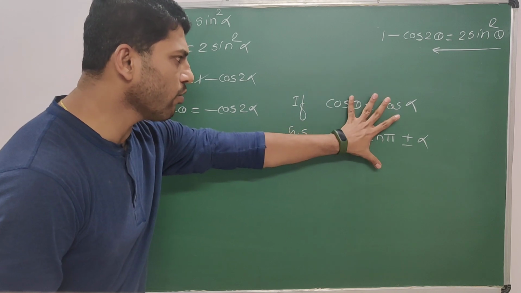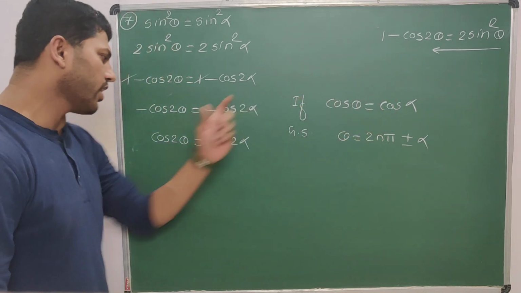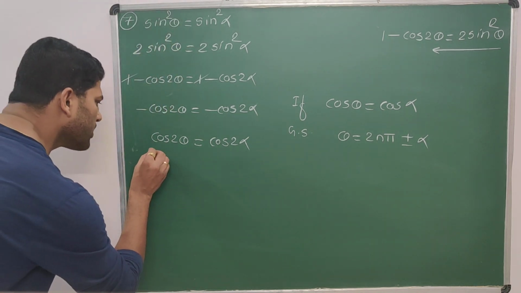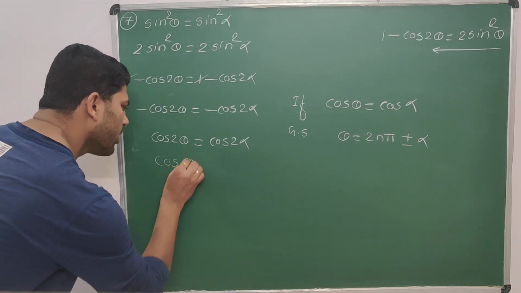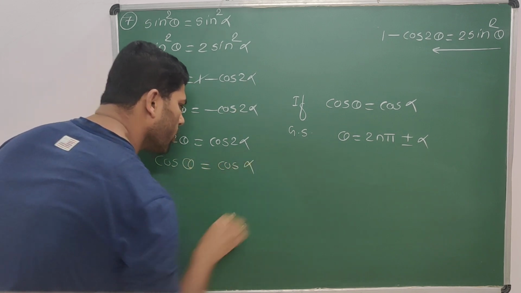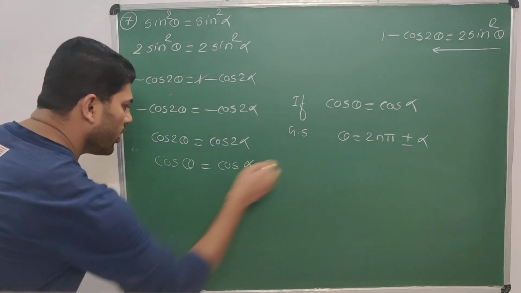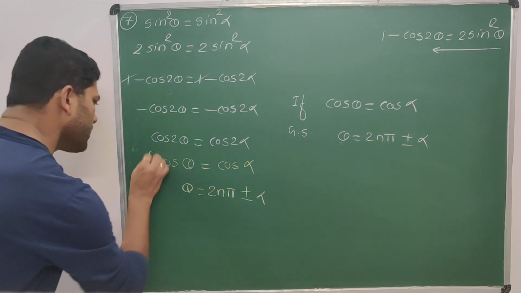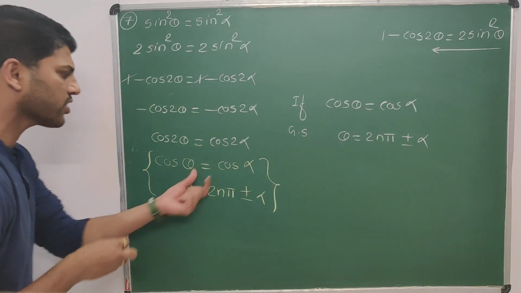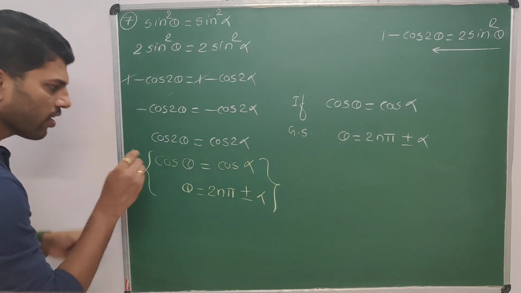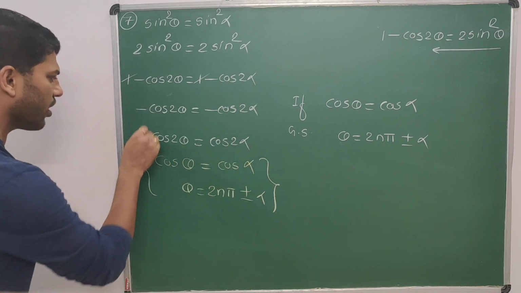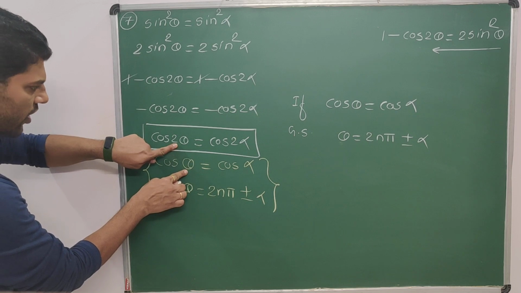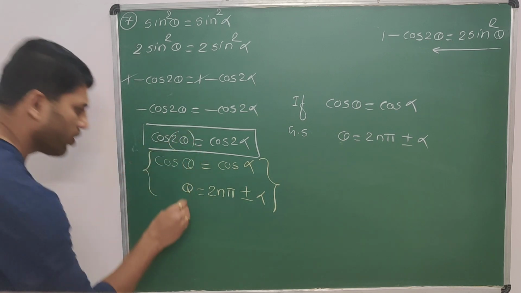So here I am trying to apply this general solution case over here with a small change in angle. So just compare this thing as cos theta equal to cos alpha and the solution is theta equal to 2n pi plus minus alpha. See, this is actually the previous case of general solution. Now let's make a few changes according to the required structure. See, what is theta here? Theta is 2 theta.